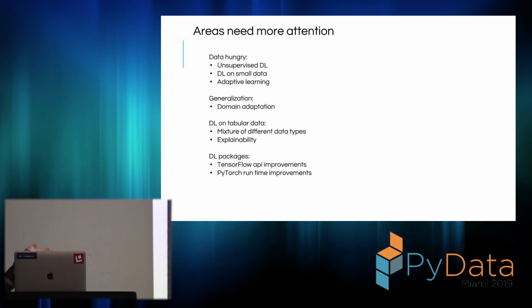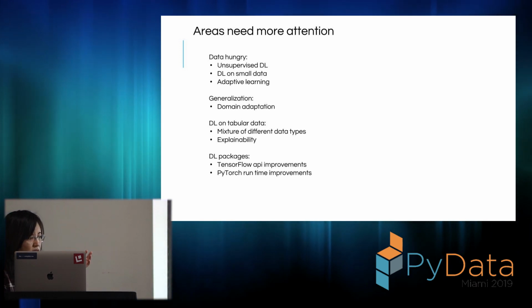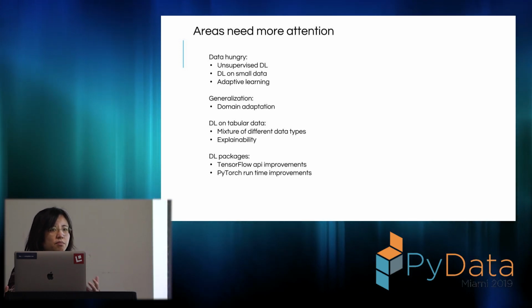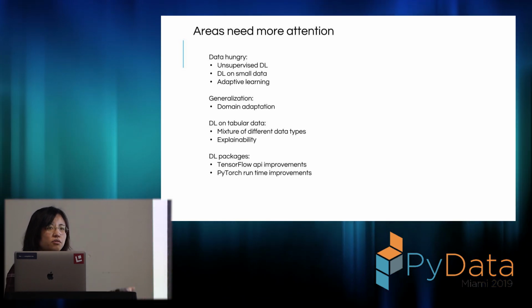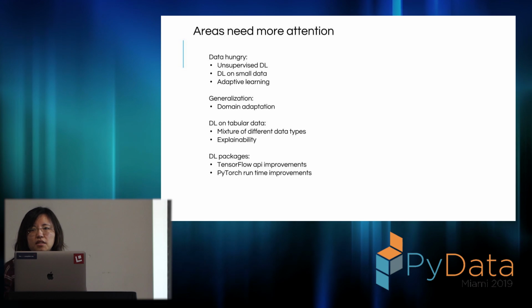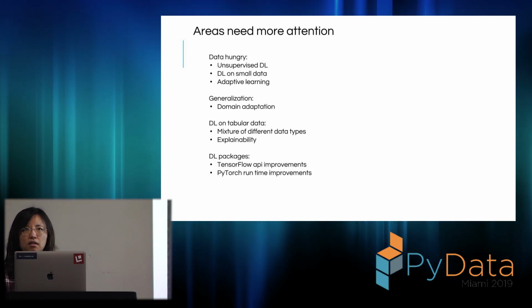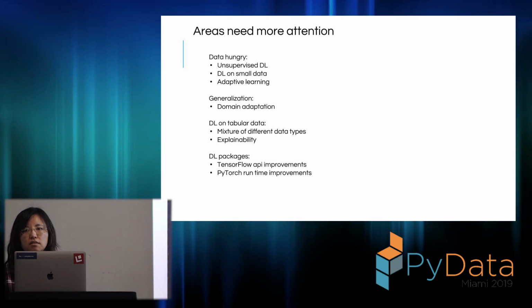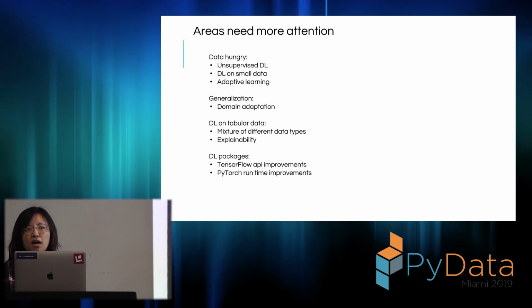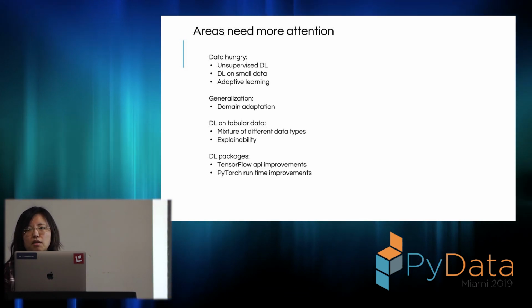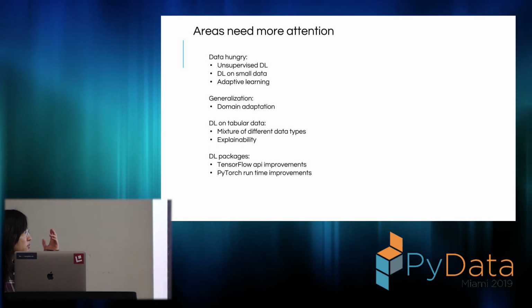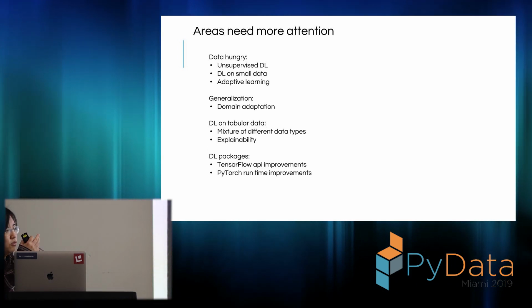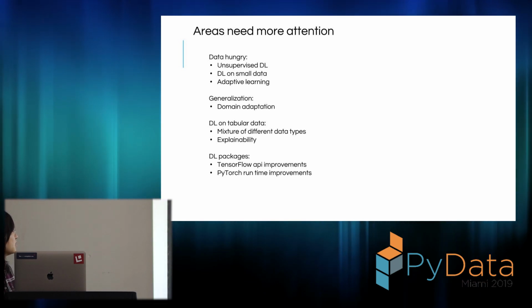On the generalization side, a lot of the work now is people using pre-trained embeddings to initialize the network. But for example, for the QA system, we applied the same network on a coding question data set, and we found that half of the words are out of vocabulary because the code is not captured in Wikipedia. And how do we deal with that kind of problem, to map different word spaces?